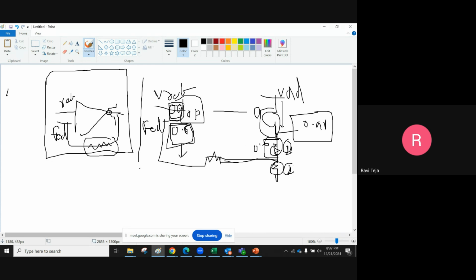Now what we need to make sure is that the output is 0.9 volts, and that this reference and this feedback are matching from our side. We need to take care of this. For this to happen, as I told you,